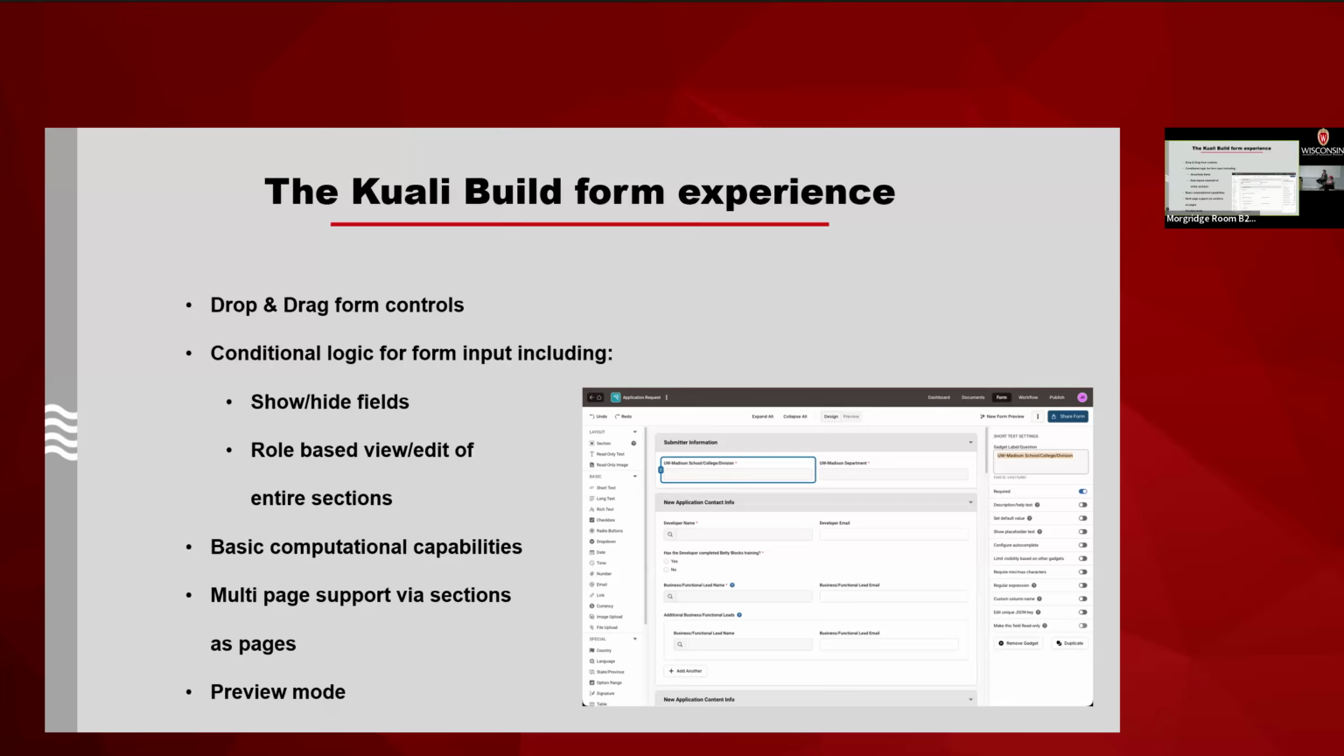You can have everything from text fields all the way to things like tables where people can actually add more things to the form. Repeaters, where I want the same person to add multiple different things, are things you wouldn't necessarily get in other experiences. One of the nice things about Kuali is that it is 100%